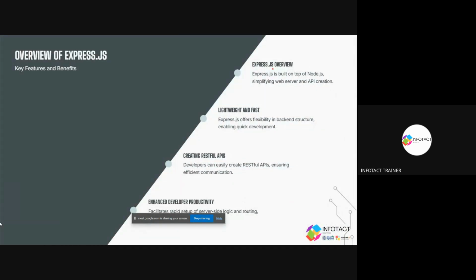Coming to Express. Express is useful for creating RESTful APIs. So these RESTful APIs are used to perform CRUD operations. That is, we can create a user, we can read a user, we can delete a user, we can update the data of the user. So these things are applied